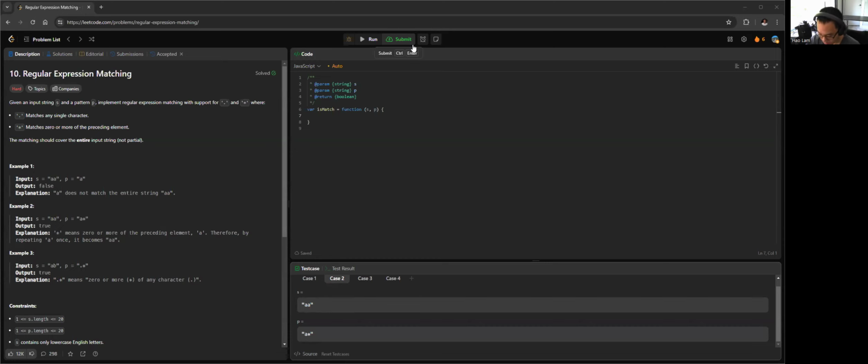So let's begin. Today we have regular expression matching. Given an input string S and a pattern P, determine the regular expression matching which supports the dot and the star, which is the asterisk. The dot means we can match any single character, and the star means we can match zero or more of the preceding characters. So if we have C star, A, and the string A, C, A, E, and A,